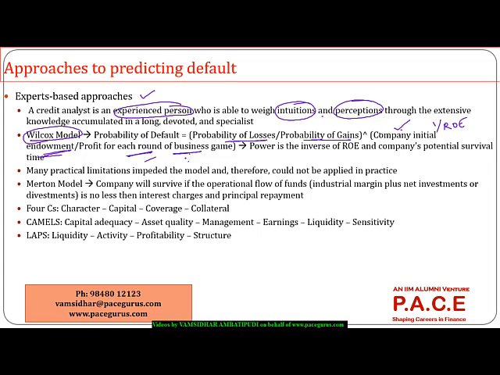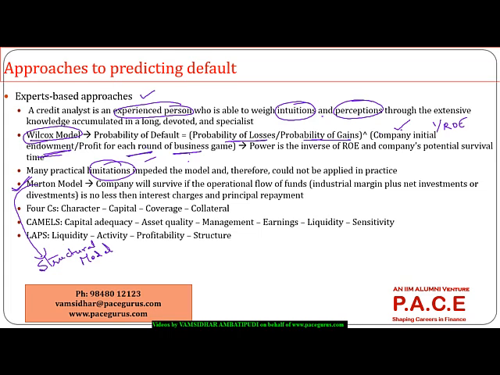The probability of default comes out as the ratio of the probability of losses to the probability of gain, raised to the power of 1 by the ROE of the firm. Now, for these kinds of models, there are many practical limitations, so I cannot put them into practice in the real world. But otherwise, there is one valid model, a structural form model. We'll discuss it again at a later point, the Merton model,